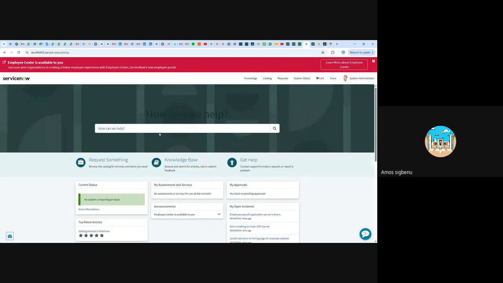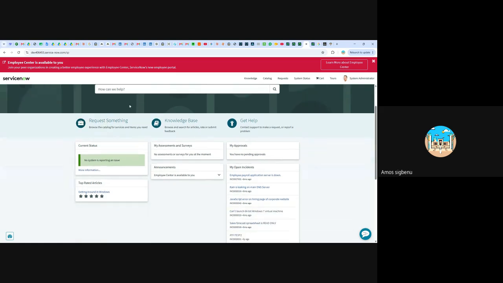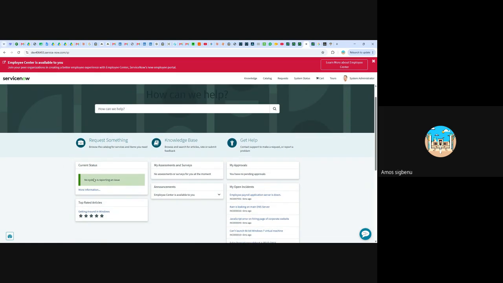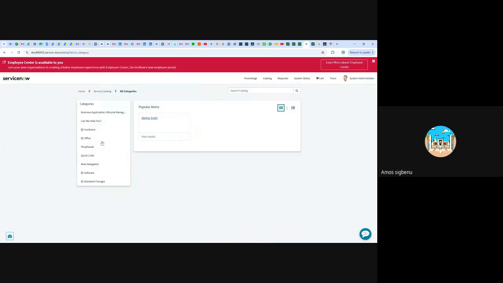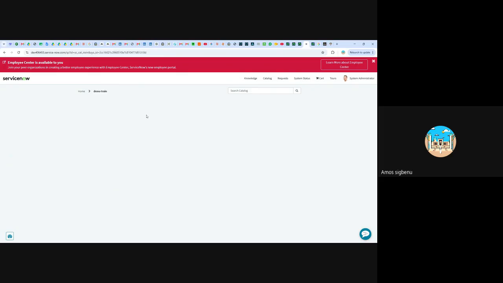All right. So this is your service portal. I told you, you have your knowledge base. This is for your request, where you can find all the catalog items that you've created. This is where you're going to find them. Under this, if I don't want to search for it, they are arranged via categories. Now, when you click on demo,